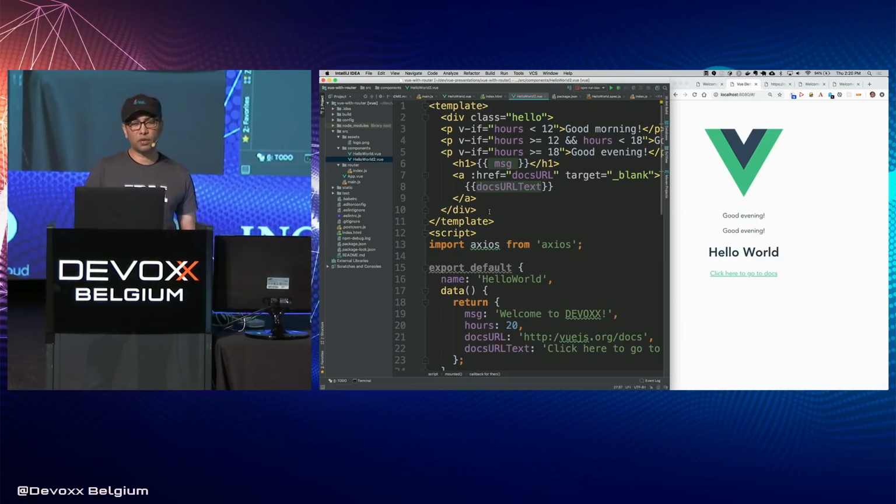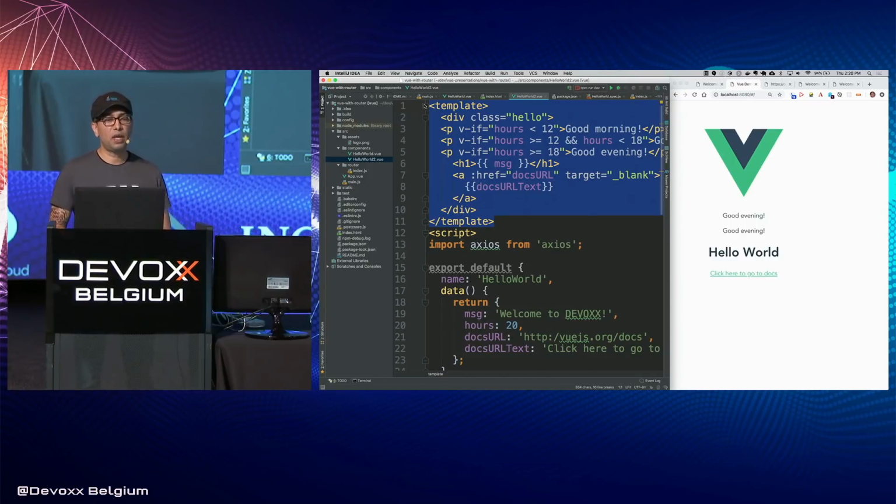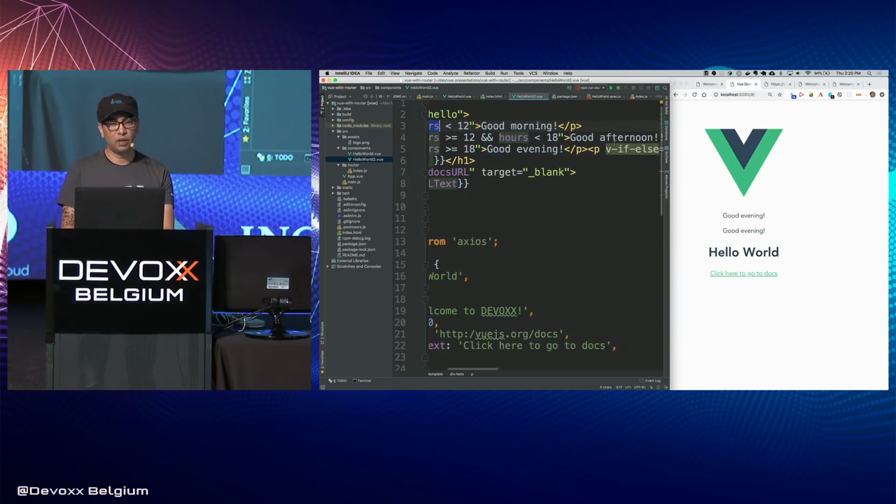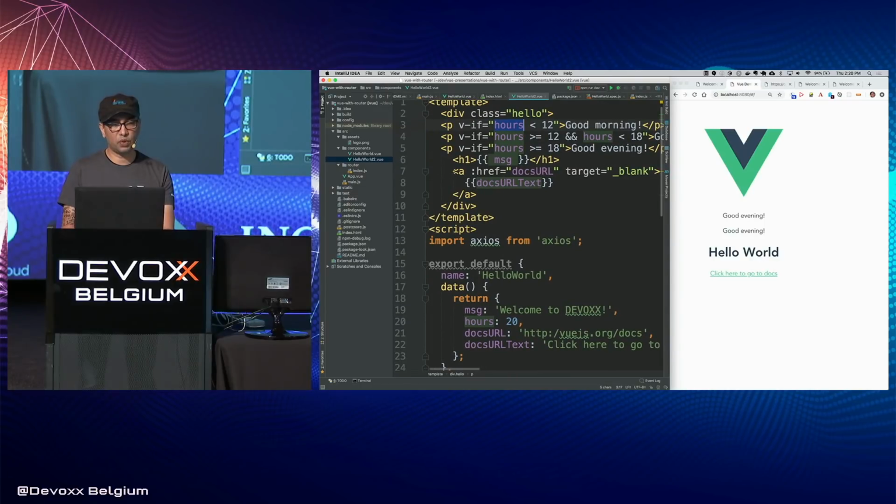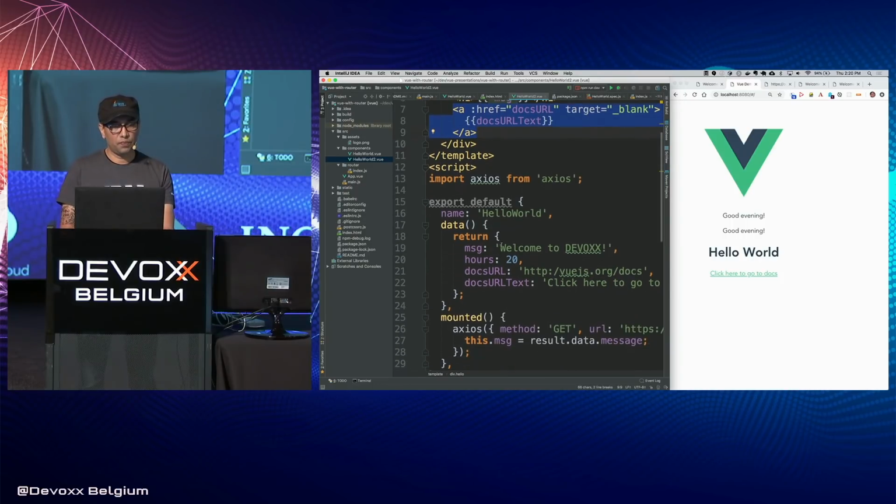And again, this is another Vue component. Now you can see that we have something that's non-standard HTML here. We have a template tag. Okay, so our template tag contains our markup or our template that we will do different things in, and you probably recognize some of the things we did here. We say v-if hours is less than 12, good morning, good afternoon, etc., and then we're just injecting a URL here also. Okay, and we're going to use Axios in a minute to make a network call,